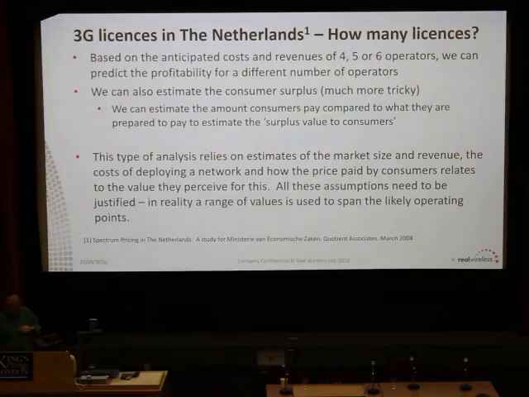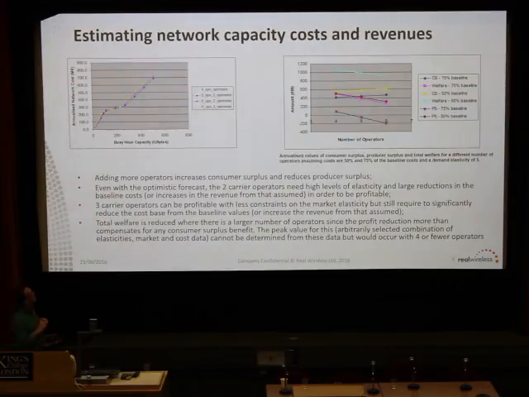Okay. You can put all that into a spreadsheet or complicated model. This is a spreadsheet, and you can actually work out for different amounts of spectrum and different amounts of operators, and each of them providing services to a different percentage of the population. Say it's equal, you know, if there are 5 of them, each of them 20% or whatever. And you can actually get what the cost is for an efficient network to provide that capacity, and you can get the cost per gigabyte or whatever.